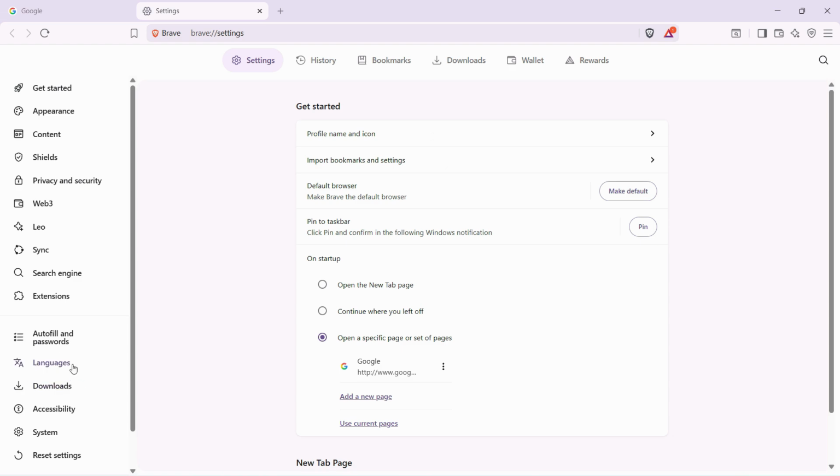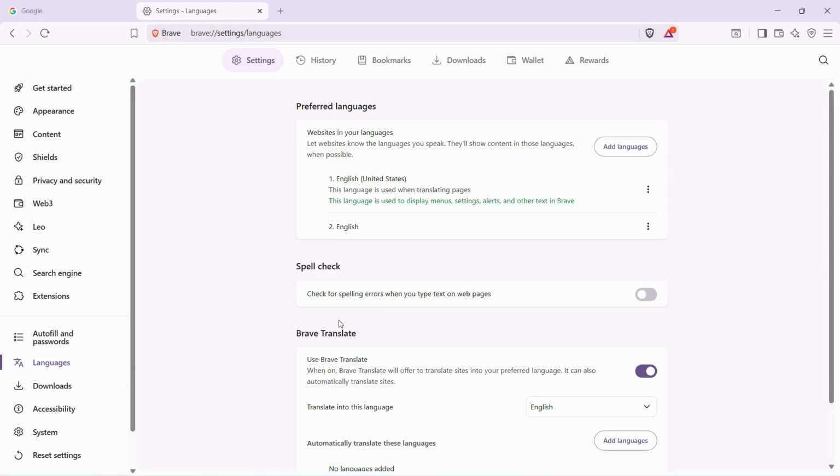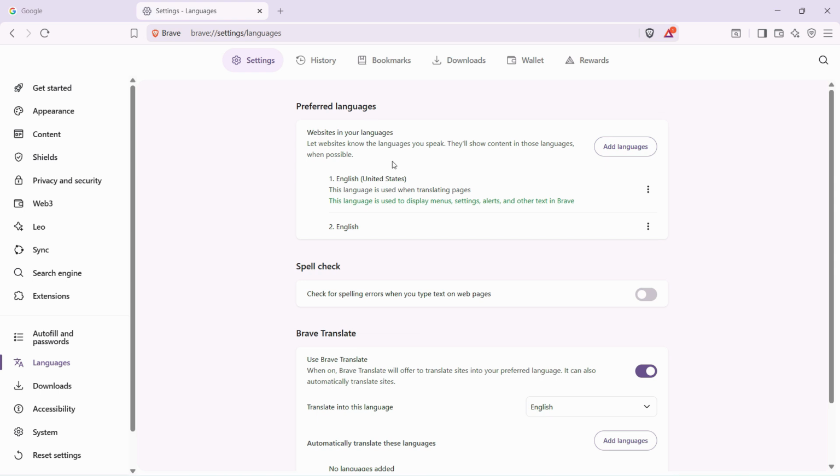And then on the left side, you can see this languages option, click on that. And if you want to enable or disable the use Brave translate feature, it says when on, Brave translate will offer to translate sites into preferred languages, and preferred languages are selected right here. So let's say that you are visiting an Arabic website or a Spanish website, it will automatically pop up and show that do you want to translate it into an English language or whatever preferred language that you have